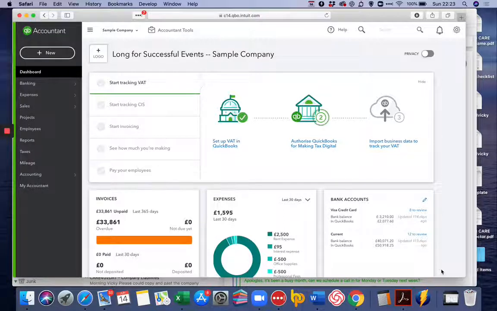Now, the other thing I want to show you is how to create manual expenses. I say manual expenses because later on in the course, you'll be learning how to use the bank feed. And from there, you can actually create the expenses that you need to, things like bank charges, things that are going out of the account that don't have an invoice or a bill that go with them. But if you do need to do it manually for any reason, if you're having problems with your bank feed and can't import the bank statement, and you're having to do it all manually,